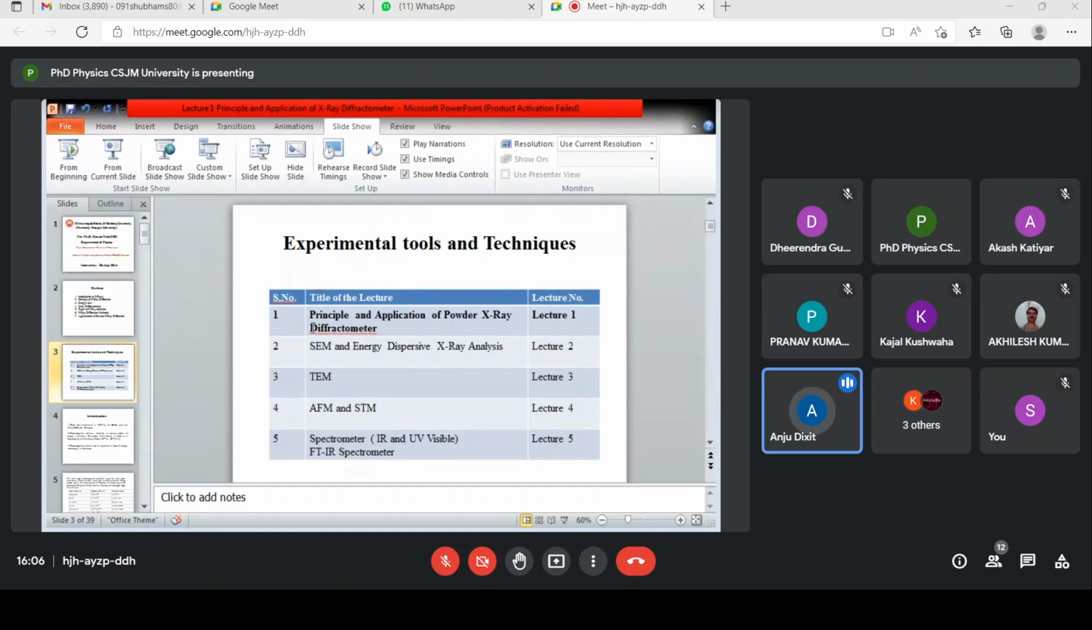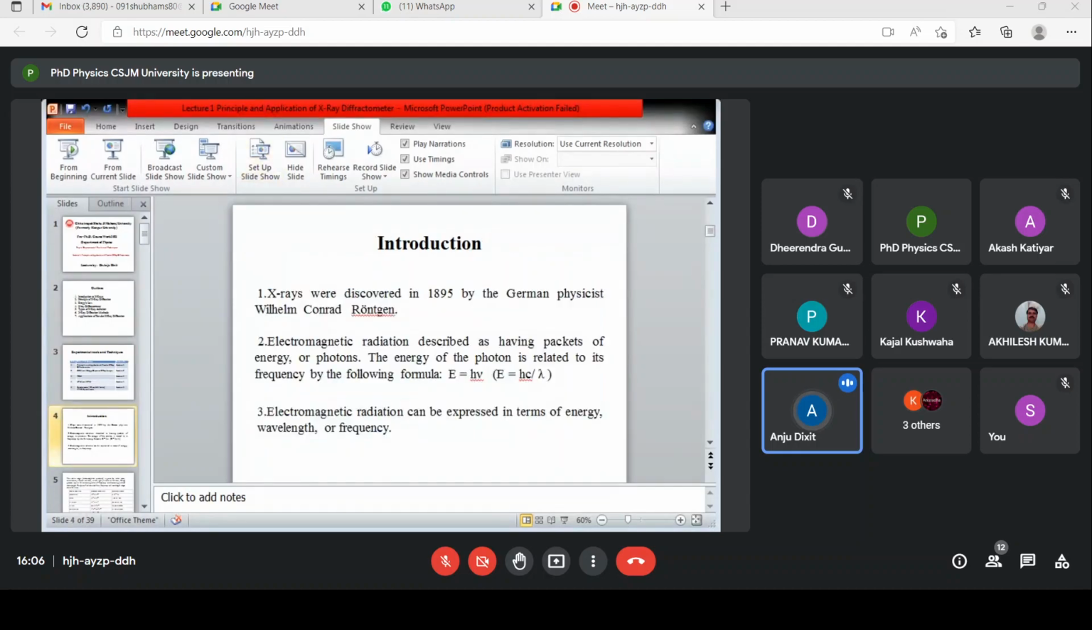So I'm going to start with this first lecture, that is principle and applications of powder X-ray diffractometer. First I'm going to give you the introduction of X-rays. As you must be knowing, X-rays are part of the electromagnetic spectrum. X-rays were discovered in 1895 by the scientist Röntgen, and these electromagnetic radiations are described as having packets of energy of